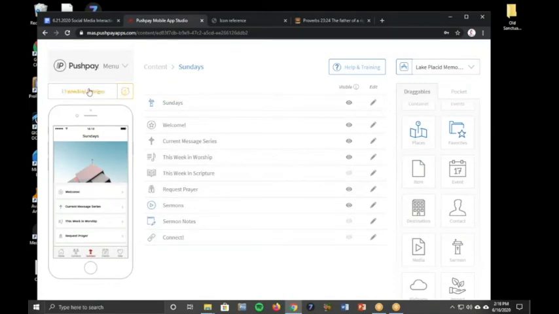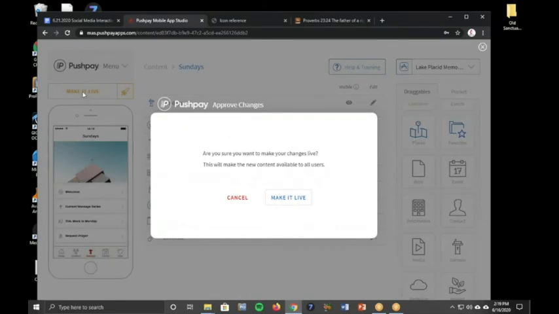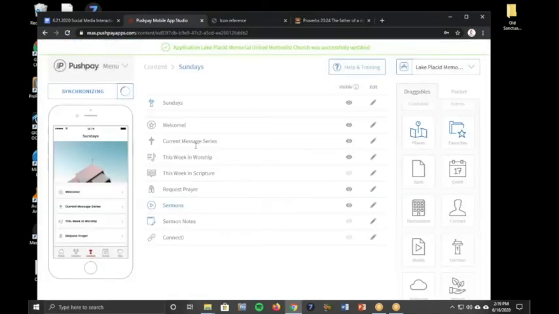And so similarly, you don't want to make too many changes without saving it. So you'll click Make It Live, and then you'll click Make It Live again. And you'll see that it's synchronizing, and it'll say it's safe to close your browser. Until it's done synchronizing, you can't really move on to the next step. And I will show you the next step as soon as it's done synchronizing. So we'll just kind of wait and see what takes